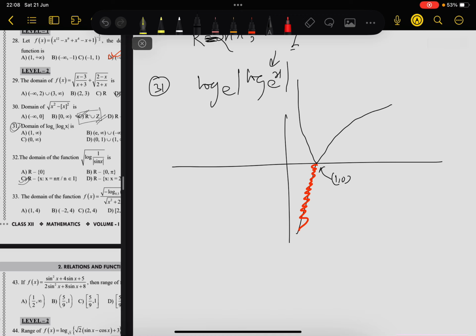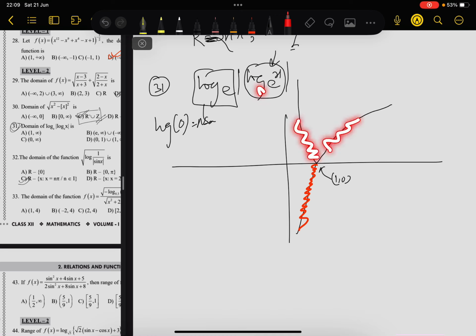For x equals to 1, this log will become 0, and for this log 0, the outer log is undefined, that is, log of 0 is not defined. So the value of this log should not be equal to 0. Why? If this log is 0, then the outer log will be undefined. So that means x equals to 1 is not acceptable. Any other value of x we can take here, because for any other value of x except 1, the graph of this log x is positive, and log of a positive number is always defined, right? So that means here the value of x belongs to 0 to 1